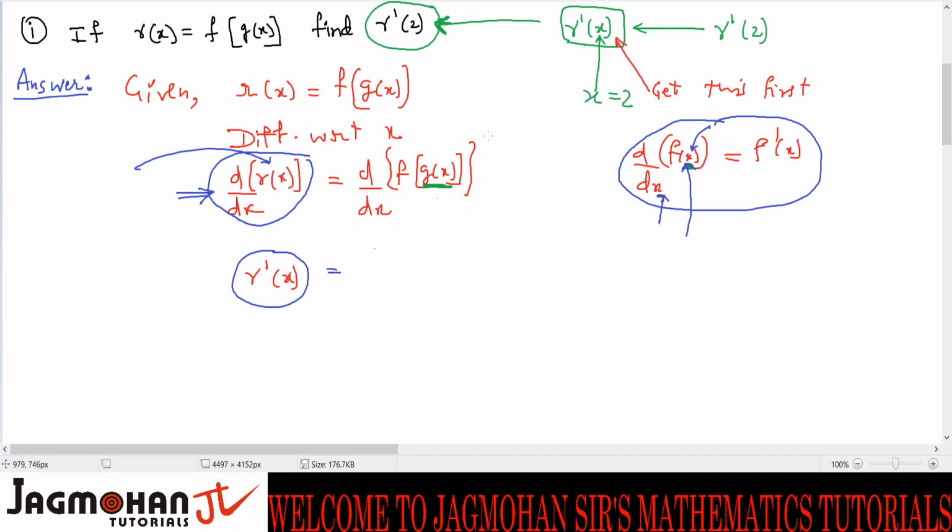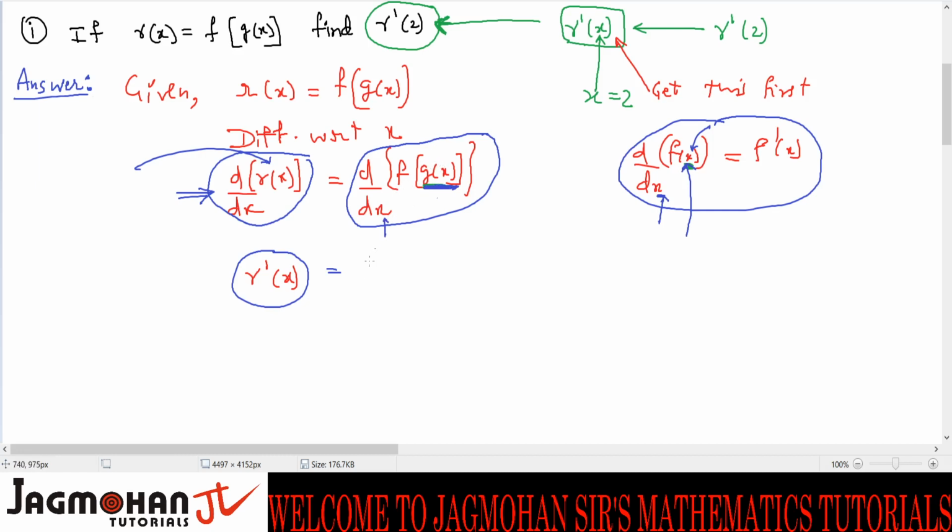But look at this here. Now I want you all to see this. Though the function you are differentiating is f, its variable is not x. It is not, in totality, f of x. What is it? It is f of g of x. So the variable of the function f is not matching with this. So it becomes what? It becomes a composite function.